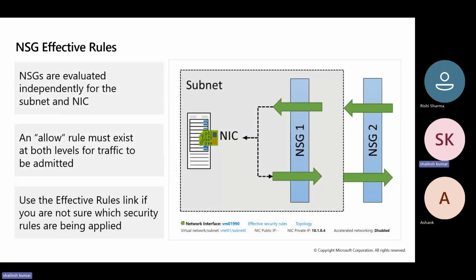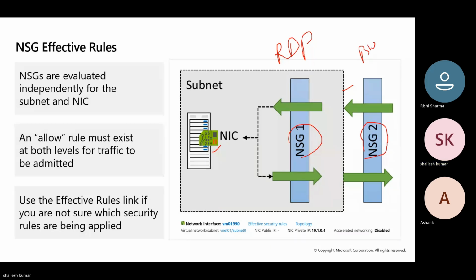So you can assign the NSG on a subnet as well as VM also. So there are two NICs here in this diagram. You can see NSG2 that applies on the subnet, and NSG1 that applies on the NIC of the VM. So whatever rules you have will be combined and cumulative. Like see here, if on a NIC I allow RDP, but on the subnet level I block it,